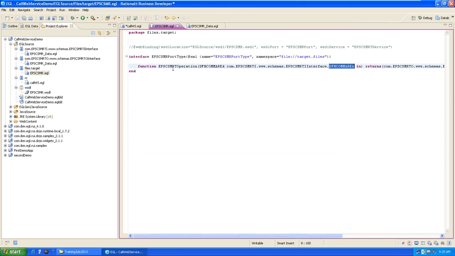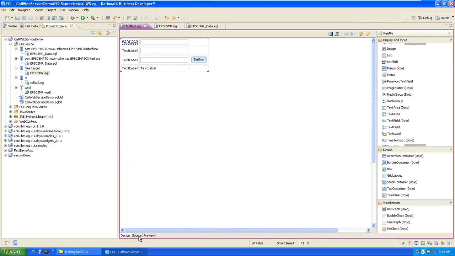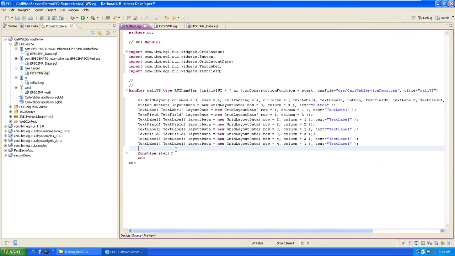and this record has been provided as an input parameter to this function of the web service. So what we have to do is supply this input parameter. This record is an input into this function. So I have to go back in my code, and first I will